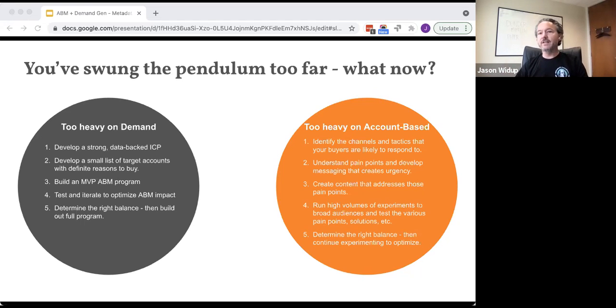As long as it's an MVP that's not going to detract from your brand, like don't mess your brand up, but do a viable MVP and start to test. And so on the left side, if you're too heavy on demand, really figure out where your ICP is, layer on as much other intelligence as you can on top of that so you can really narrow down